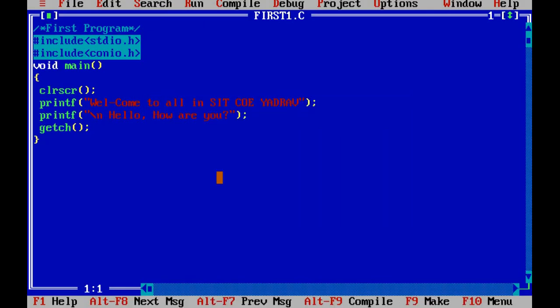Understood how to create the basic program? So this is our first C program. You can also do this experiment at home on your computer, whatever machine you have available. You just first install Turbo C++. In the previous video I showed you how to download and install Turbo C++ on the machine, and in this video I showed you how to perform experiments on Turbo